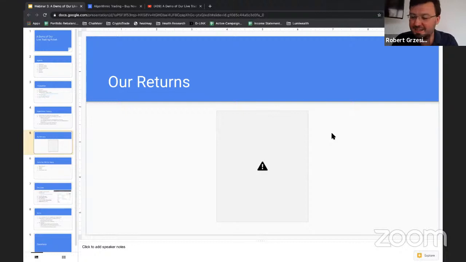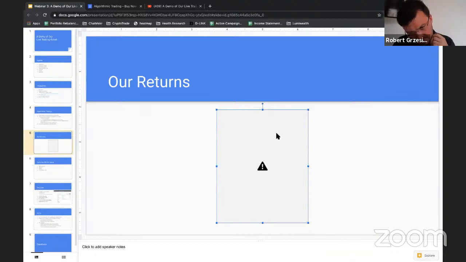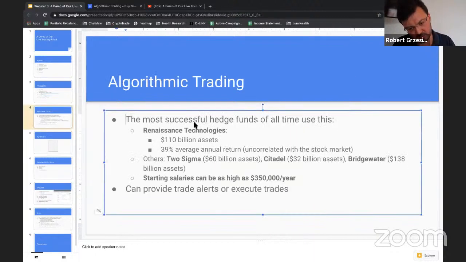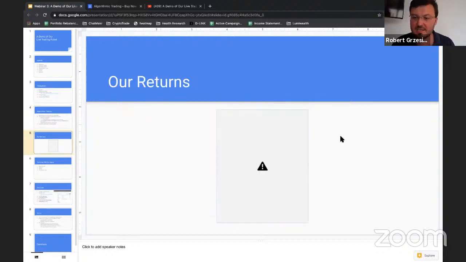Okay, I edited this the other day, but basically this is the returns that we have in our portfolio. Maybe I can somehow reset the image. I don't know why this disappeared. Undo. No, for some reason it's not there. Sorry guys, technical difficulty here, but essentially to show off our returns, what we have done over the past year,